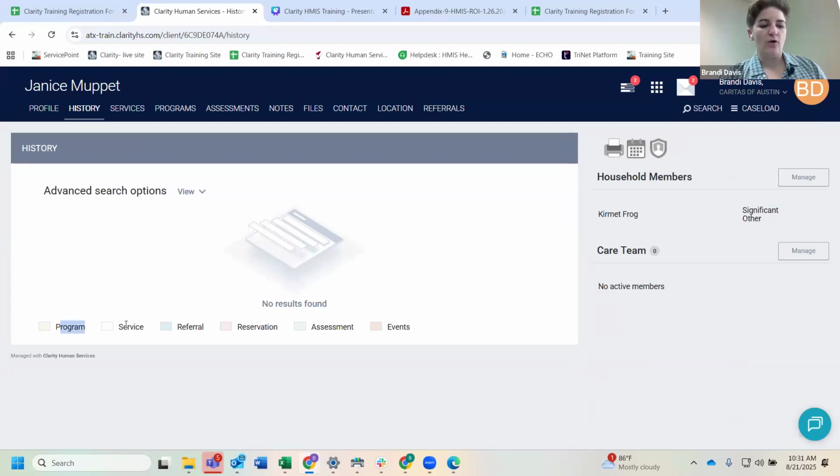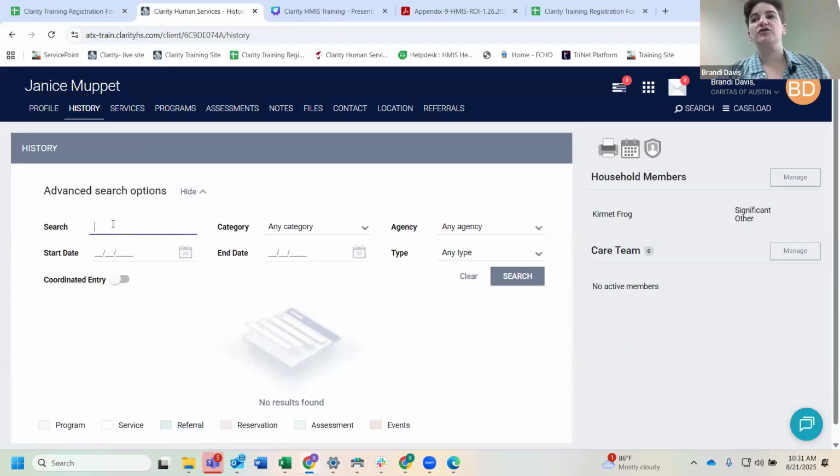So you'll see program enrollments, services the client has received, referrals. And if you click on this little view button, this is where you would be able to search for specific pieces of the client's history once they have that. So we can maybe return to the history tab at the end of training and you'll see more information there for your clients. But next we're going to move into our program enrollments.